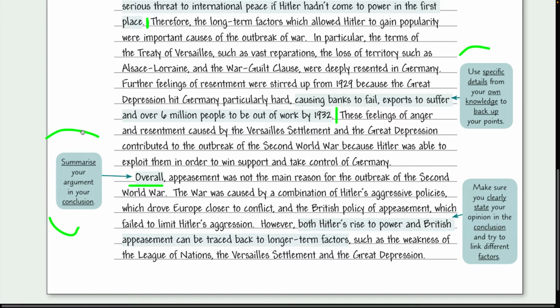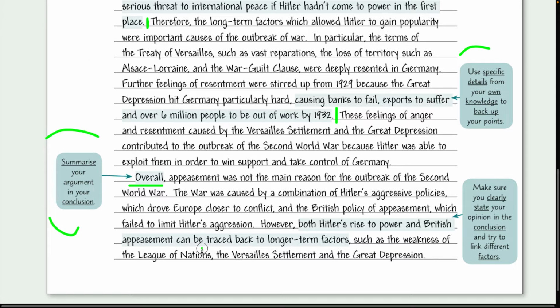Overall, appeasement was not the main reason for the outbreak of the Second World War. The war was caused by a combination of Hitler's aggressive policies, which drove Europe closer to conflict, and the British policy of appeasement, which failed to limit Hitler's aggression. However, both Hitler's rise to power and British appeasement can be traced back to longer-term factors. Can be traced back